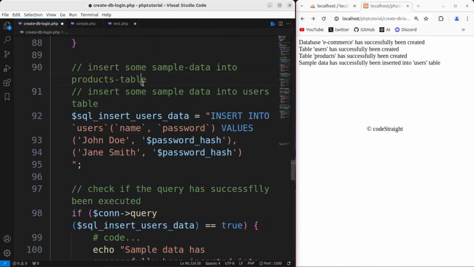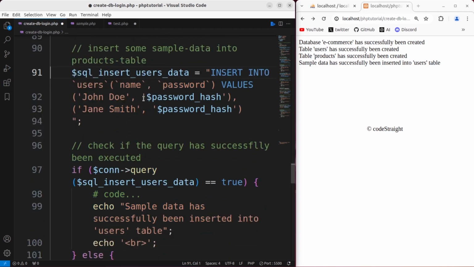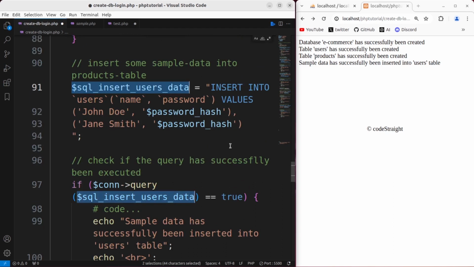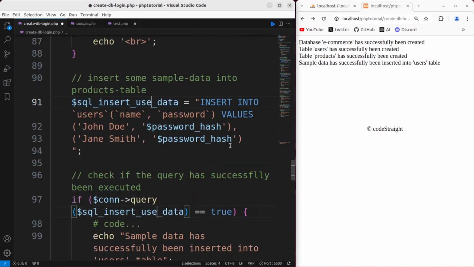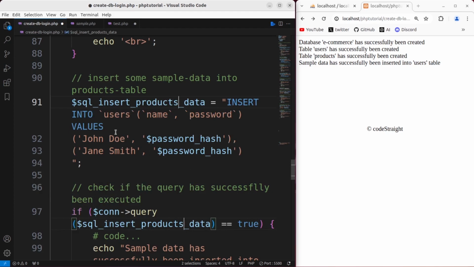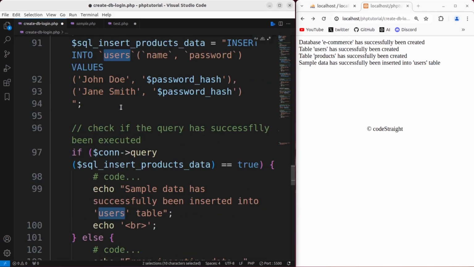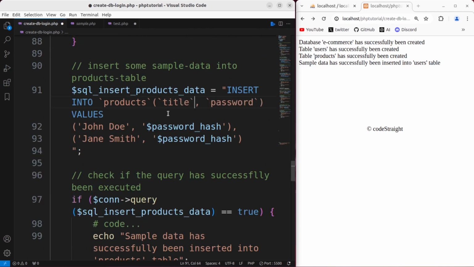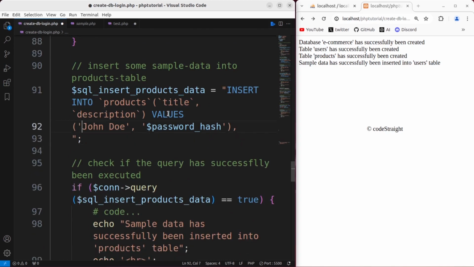Insert some sample data into products table, and let's prepare the query. Let's select the second occurrence of the variable and rename it as products table. Insert into, let's select that as well, products, and the first column is title and the second is description, and the values will be, I'm going to add in here, let's cut that from here for now, and I'm going to add in here